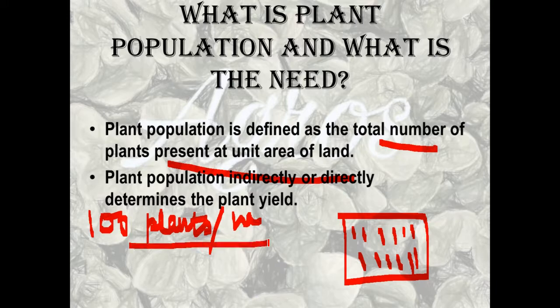This is my plant population, okay. It means how many plants are there in a given area, the area we are considering, okay. So this is the plant population. So why do we need to study this plant population? What does it really mean? The main thing is that it directly or indirectly affects the yield, but how it affects that, for that to